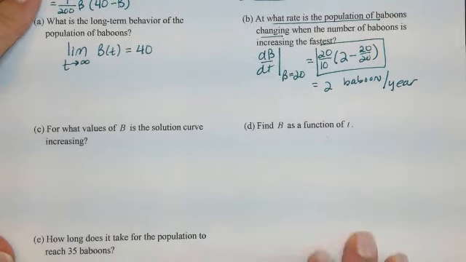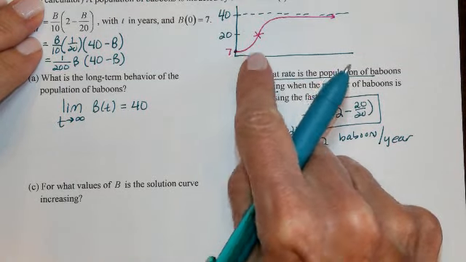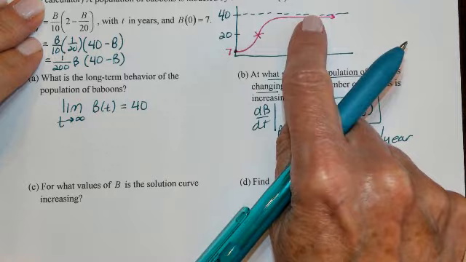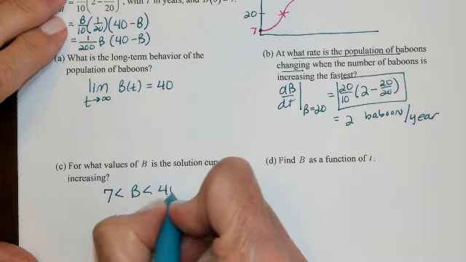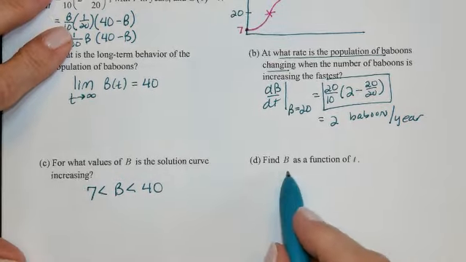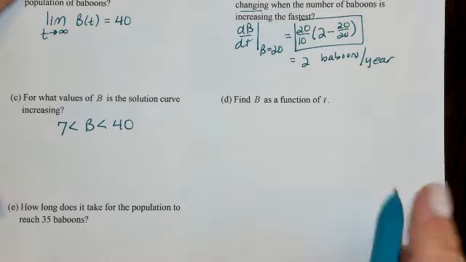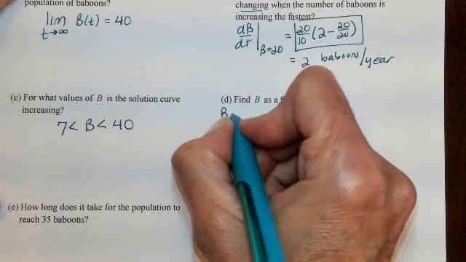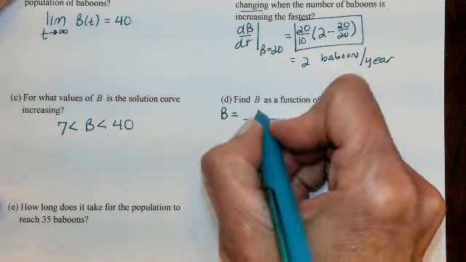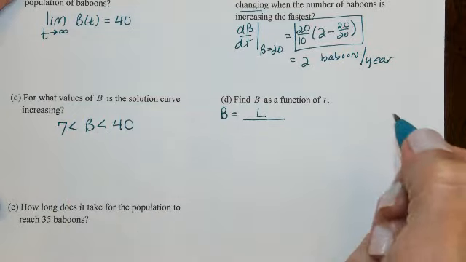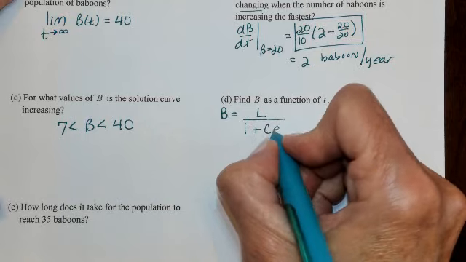For what values of b is the solution curve increasing? B is increasing from b equals 7 to b equals 40. So 7 to 40. Find b as a function of t. All right, here comes our Celtic, right? So b will equal, let's get our equation up here. It's a fraction. Do you remember what goes on top? The limit. The limit goes on top. It's crucial. 1 plus, here's our Celtic, c e to the negative